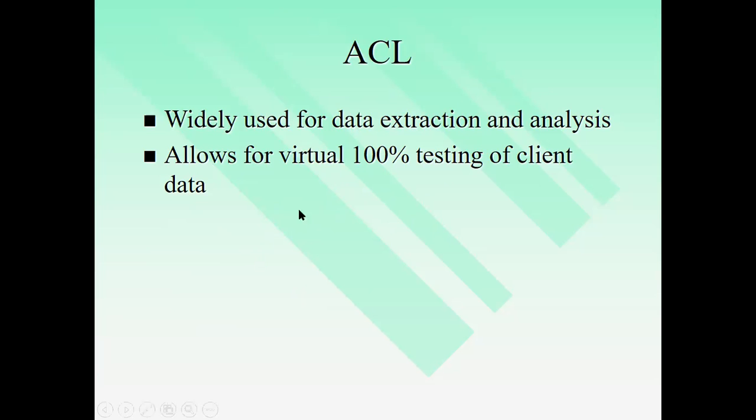But with ACL, when we obtain certain information, for example from the accounting software, we can analyze and scrutinize that information 100%. Thus, we will be able to achieve much more reliability in our audits and in the findings